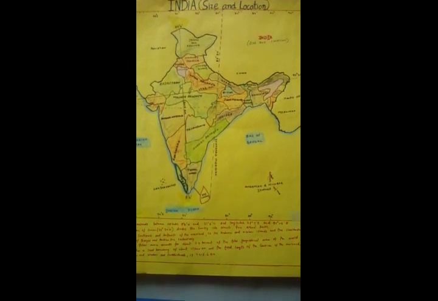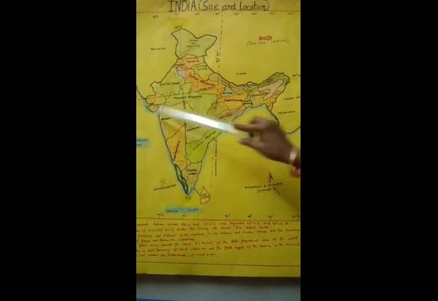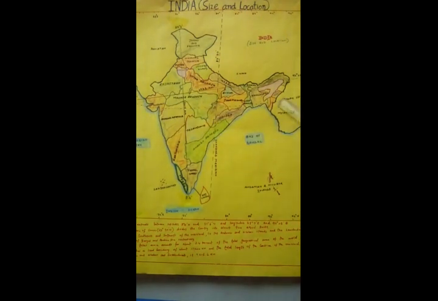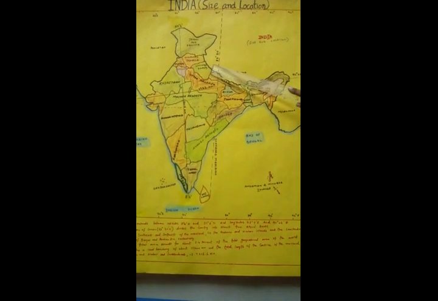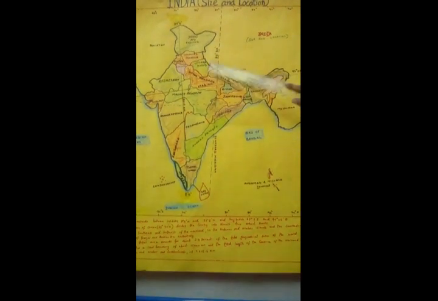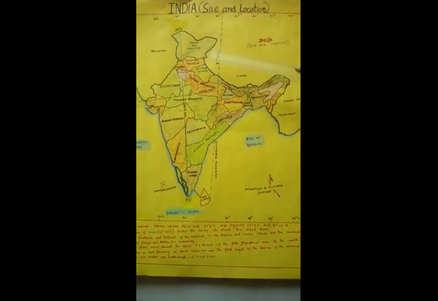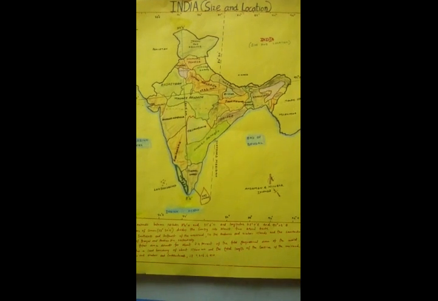Okay, now we will start with the location of India. India lies in the northern hemisphere. The Tropic of Cancer divides India into two halves. The lower half will have tropical climate and the upper half will have temperate type of climate. So if you look at the India map, we can see the extension of north and south in kilometers. That is the longitudinal and latitudinal extension, which you have already studied in 7th class.